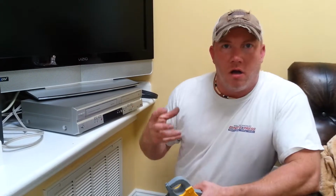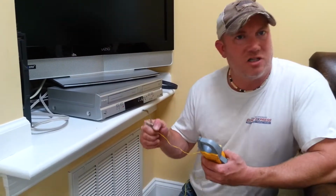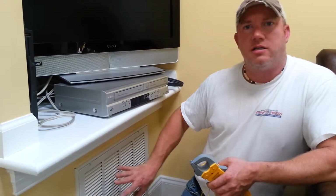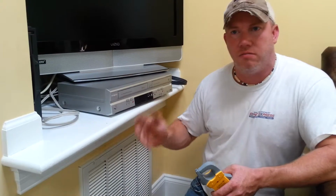There are specific little handheld sling psychrometers that are even more efficient, a lot easier. Some people even say more accurate. I've been doing wet sock for such a long time. It's just what I do. So that's the way I prefer it. But if you want to grab a little digital one, hey, make sure that